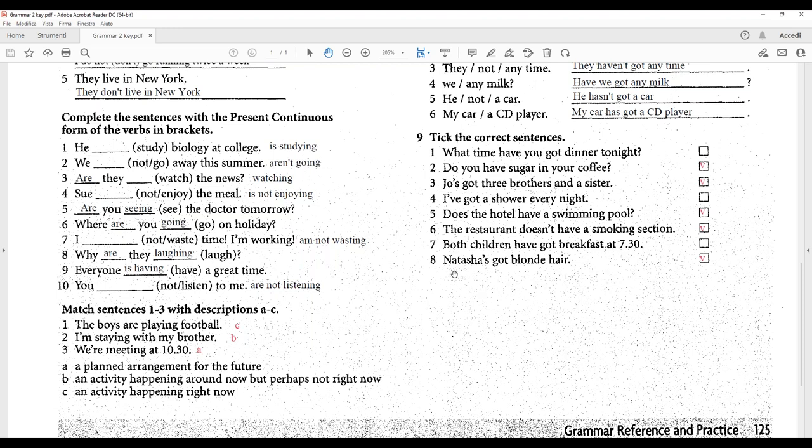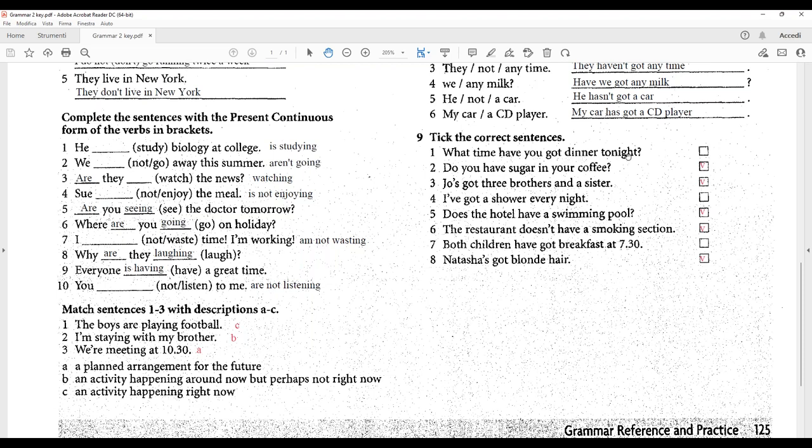You can also repeat with me. When I read these examples, please feel free to read aloud on your side as well. Quindi quando io leggo, ripeto, ricordatevi di ripetere ad alta voce anche voi dal vostro lato dello schermo. Quindi, what time have you, this is not correct, what time